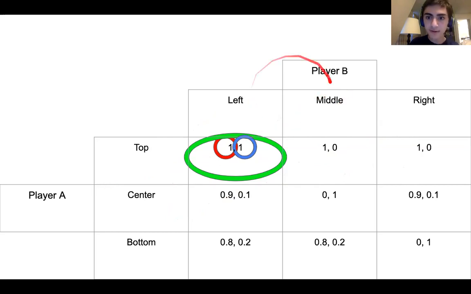So suppose player B sticks with left. I know it's a simultaneous game, but remember, everybody, it's kind of like a thought experiment. Both players are kind of not subconsciously, but just kind of thinking about this before it actually happens. So if player B is going to stick with left,